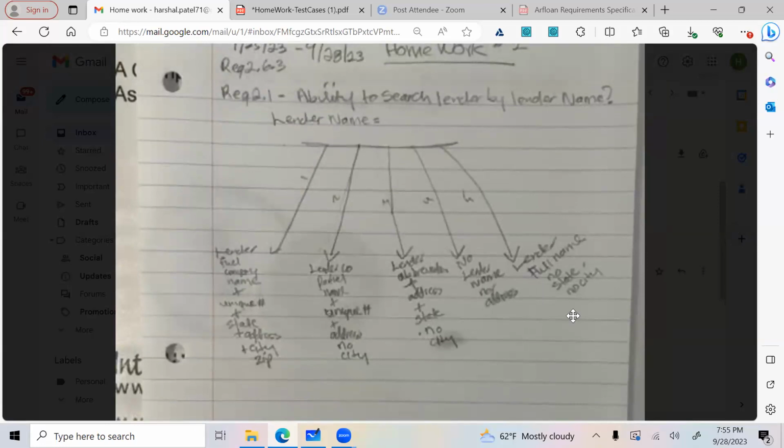I'm thinking, so what module is this? This is the business process module. What are they trying to do here? When they say ability to search lender by lender name, when will this come into the picture in terms of the business process? Okay, so that means after the lender is already in the Arfloan system, which is the company